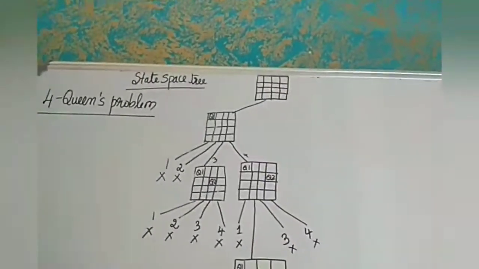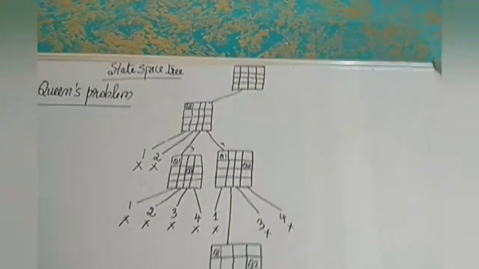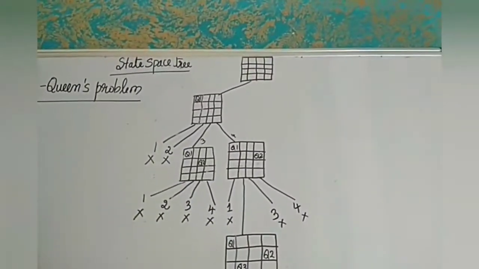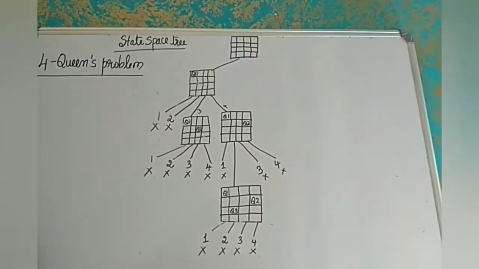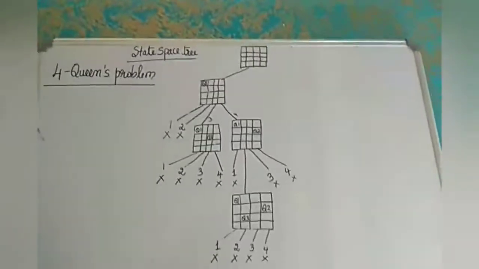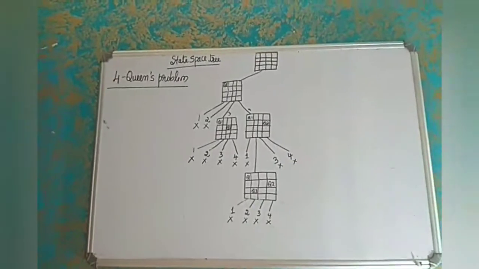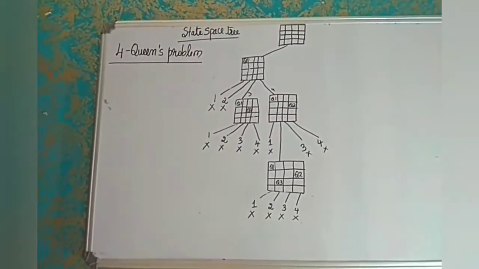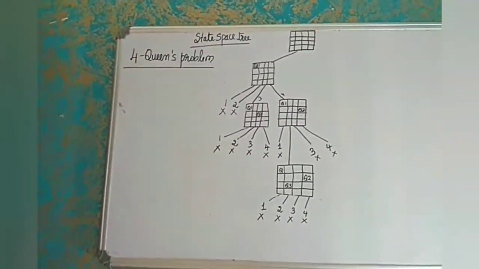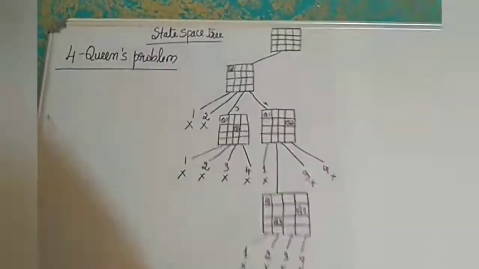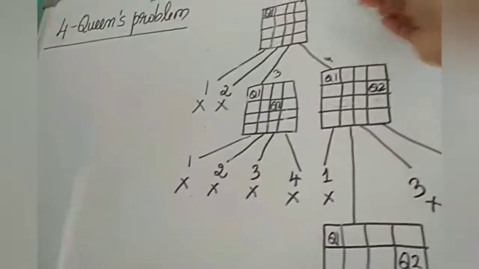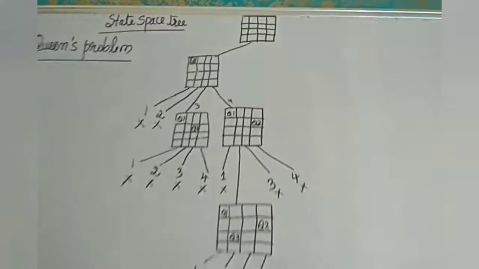So now we'll continue. So now what is the next option available? Which option we have considered? We have considered the option of placing Q1 in the first column. We have 3 more options left. We can place it in the second column. We can place it in the third column. We can place it in the fourth column. So next we'll be considering the next option.